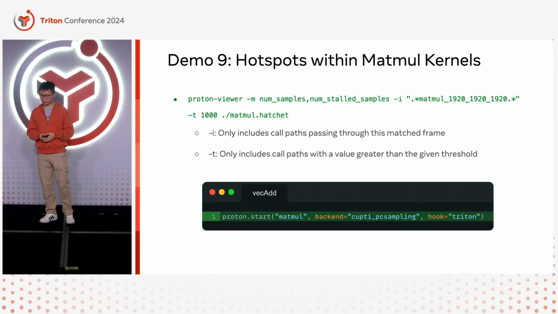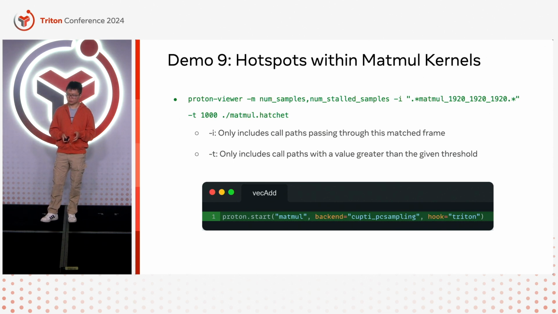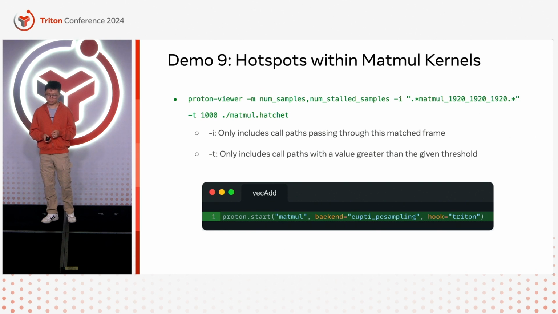So using the example we talked about before, which is a matmul kernel, we want to look at its fine-grained metrics. Here, we use the same script and profile it using the PC sampling mode. But when visualizing it, we need to supply a bit more advanced options, including -I, which is a filter option that includes in the final profile only call paths passing through the matmul frames, and -T, which specifies the call